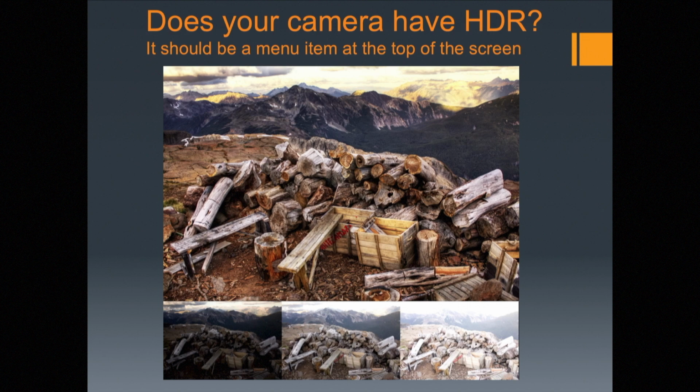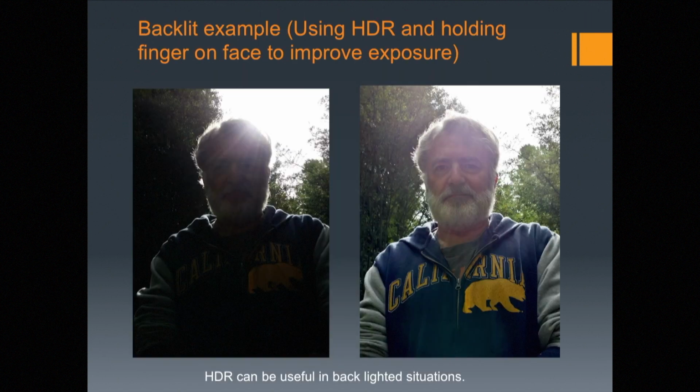Here's an example of HDR with a backlit subject, and you can see that photograph of me, and you can see my face and details on my sweatshirt, and you can see more details in the background. So HDR has really helped a very, very difficult situation. There's some lens flare in this photo, and I just held my finger up, tried to shade the lens, not very well, I must say,